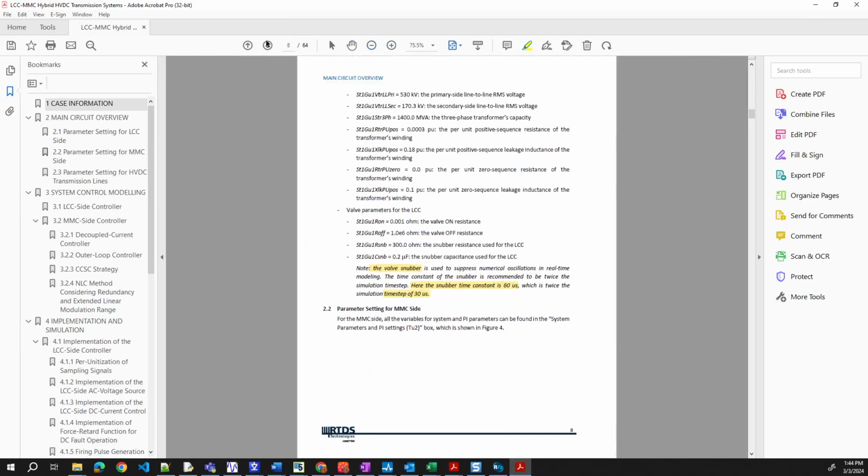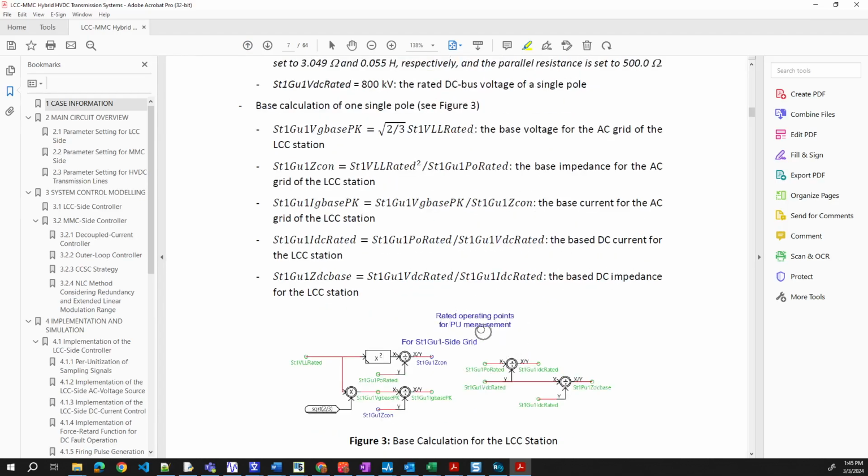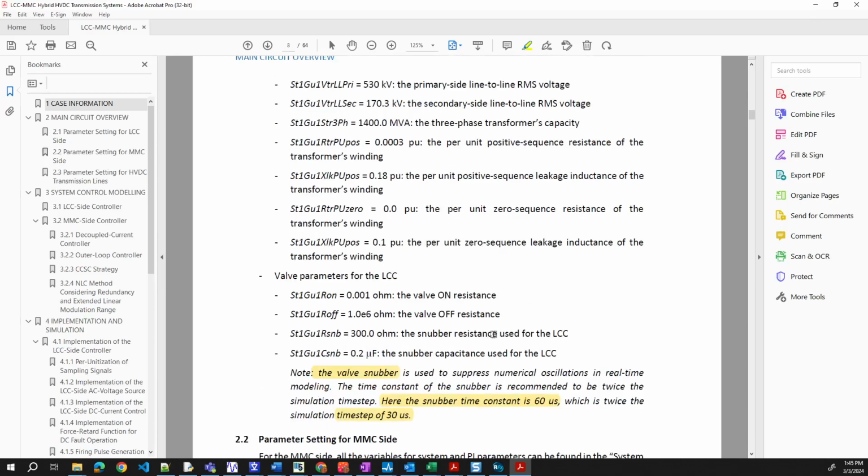I remember in here, okay, here we can show rated parameters for PU measurement. I'm assuming all these values will be in here. So, for example, this snubber circuit is 0.01 ohms, this is the on/off resistance, and this snubber circuit is 300 ohms.